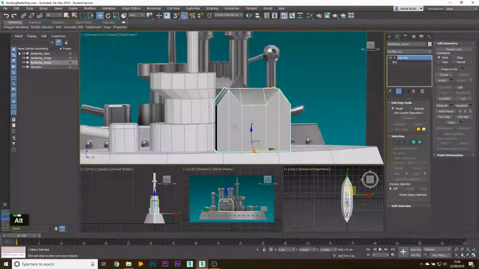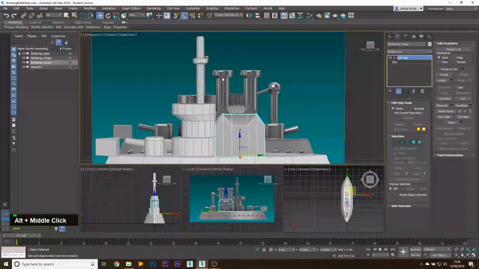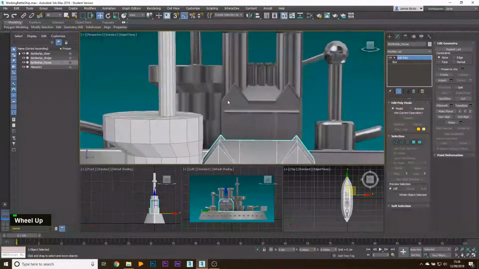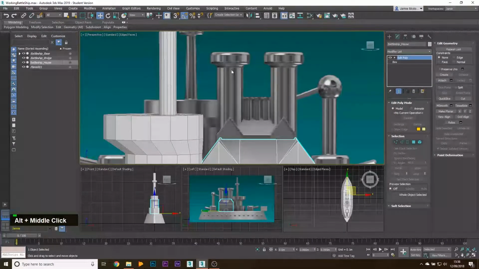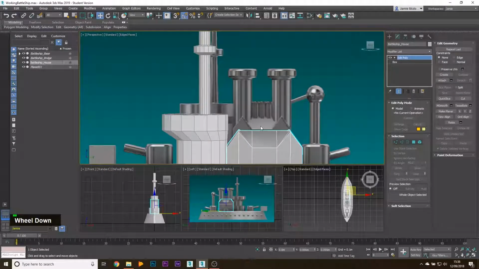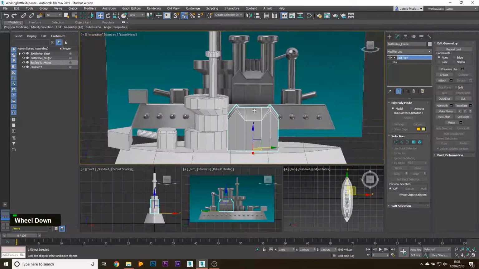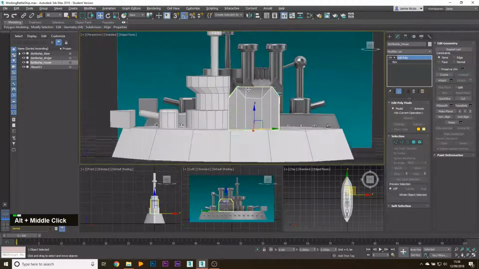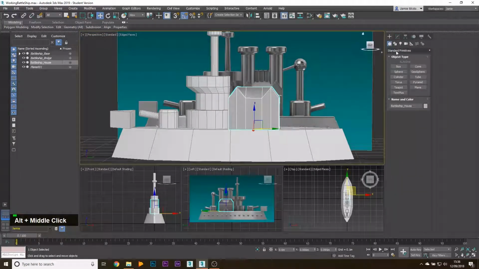So now we need to make these kind of chimney looking things, and what we can do is we can actually see that they're all kind of the same shape, so we could probably make one, make a few smaller ones and duplicate the bigger one. But firstly we need to make it, and a good starting off point for this one will be a cylinder. So if I go to create, go down to cylinder here